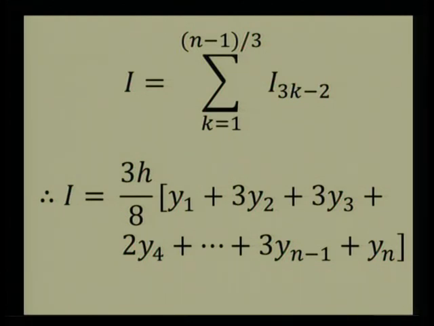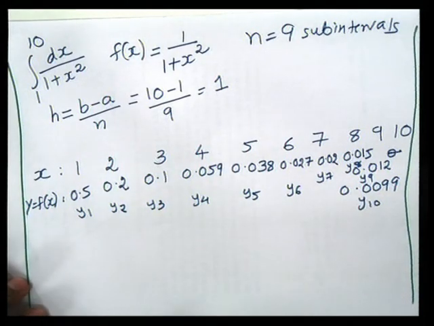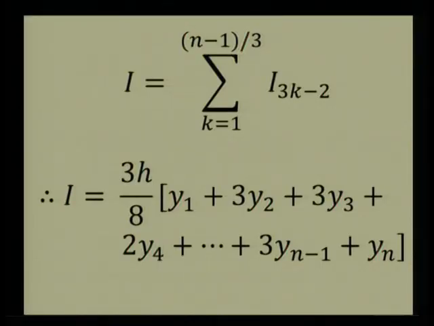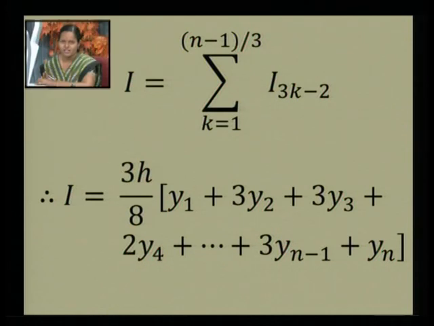Now, in the trapezoidal rule, as I told you, the first and last values, that is y1 and yn, were kept as they are. In the same way, even in Simpson's 1/3 rule, the first and last values y1 and yn were kept as they are. In the same way, in Simpson's 3/8 rule, the first and the last values, y1 and yn, are kept as they are. For the in-between values, beginning from y2, y3 and so on, in the trapezoidal rule we multiply each and every term by 2.